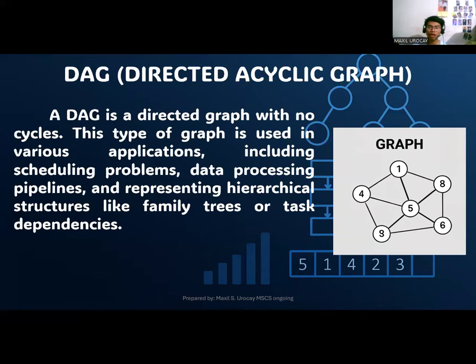Now we also have here the directed acyclic graph. When we say directed acyclic graph, there will be no cycle. However, they do have a direction with no cycle. This type of graph is used in various applications, including scheduling problems, data processing pipelines, and representing hierarchical structures like family trees or task dependencies. What I'm trying to say,